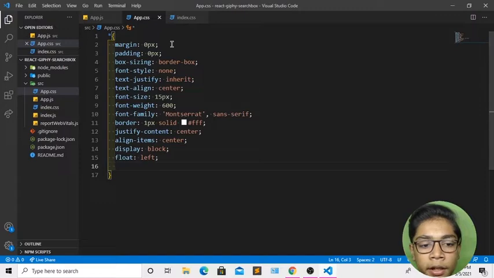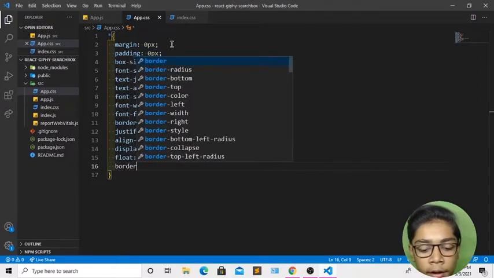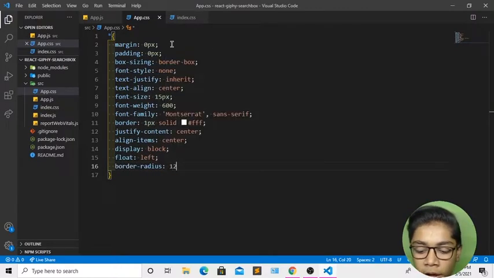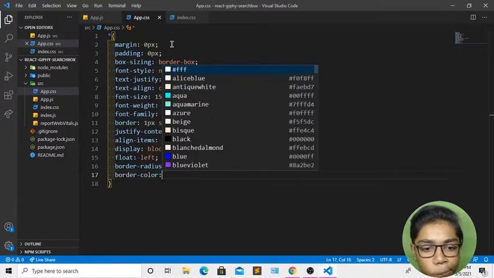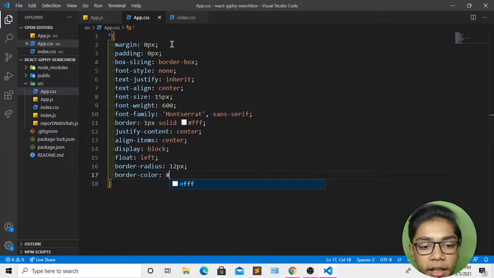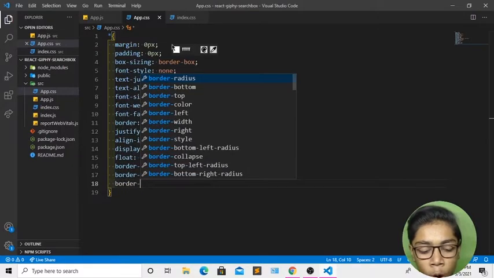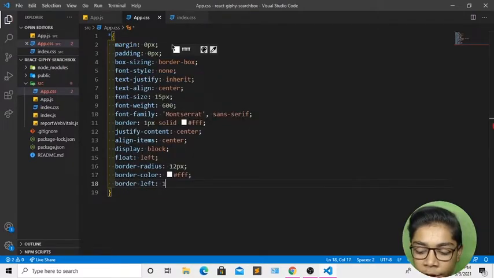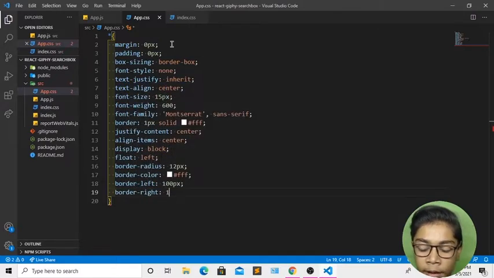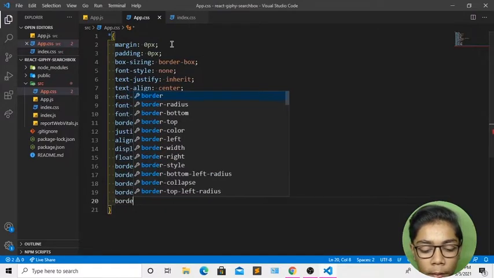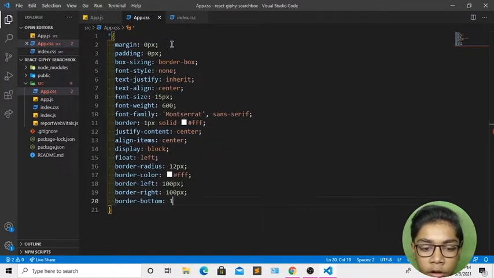Then I will be creating border radius which should be 12 pixel. Then write border color white. So now when you've done all that, I will be creating border left 100 pixel, border right 100 pixel, border bottom 100 pixel. So here we have created that.